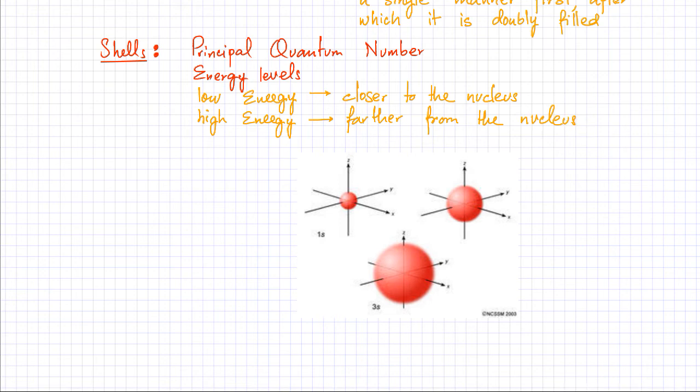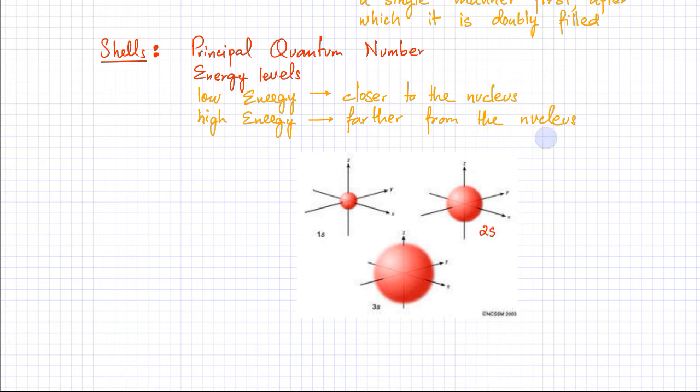So I've drawn 3 s orbitals. There's a 1s orbital, which means that it's in shell 1. The s orbital is in shell 1. So the region that the electron is occupying is very close to the nucleus. It's not very energetic. If an orbital is in shell 2, this over here is the 2s orbital, which